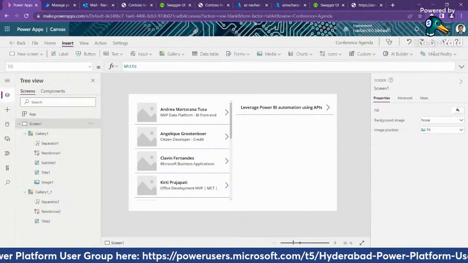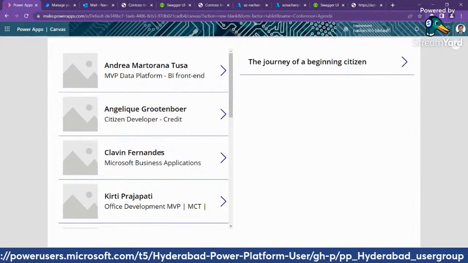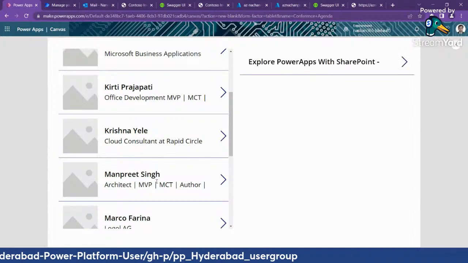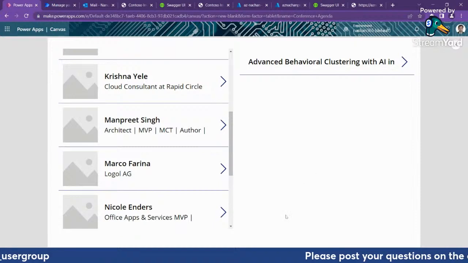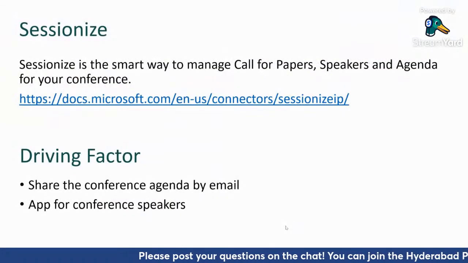Now, for example, if I run this, you can see that as I go through the selection of the users, all of the sessions delivered by them will be seen here, right? So once I'm selecting the user, we are selecting all of the sessions delivered by them. So this was the simple use case for why we had built that custom connector called Sessionize, and even